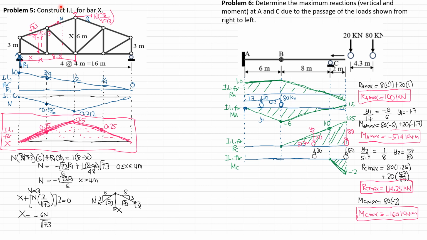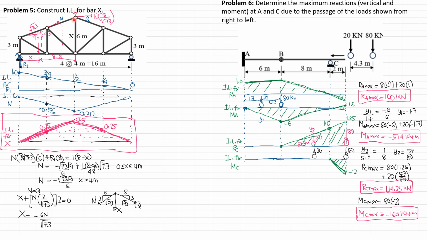So we consider this section here, and to prepare the influence line of bar N, we sum up moments about this point, so that there is only one component of N that has moment about this point. I use the principle of transmissibility of a force. I transfer N here, resolved into two components. The vertical component is not labeled because it has no moment about this point, only the horizontal component.